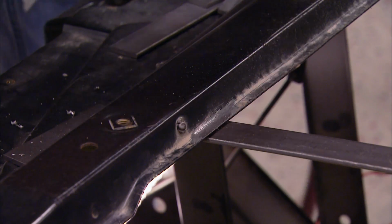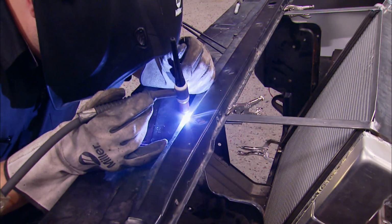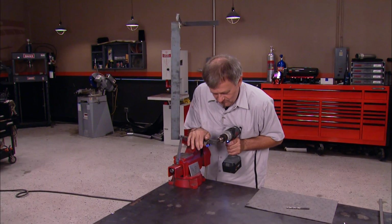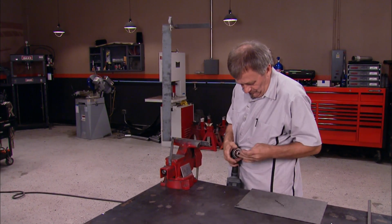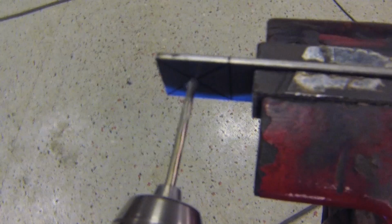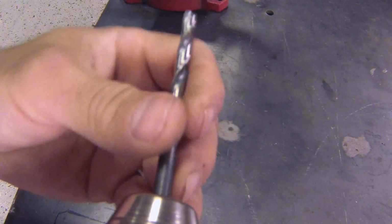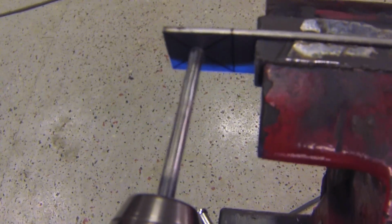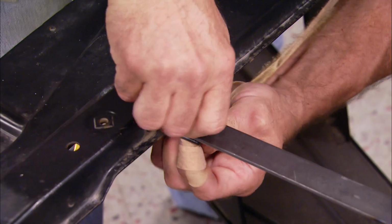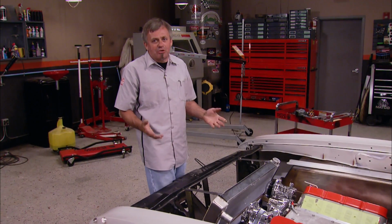We're going to use a couple of small plates to bolt the bracket to the radiator support. A few plug welds will marry the plates to the support itself. Then we'll take the bracket and begin punching the holes in it, which will bolt everything together. I'll start with an 1/8 inch drill bit and then step up to a 5/16 to allow for the 5/16 bolts. The bottom of the feet will get bolted as well, so they'll need holes too. Well, it's a basic, simple piece, as you can see, as far as fabrication goes, but our radiator is not